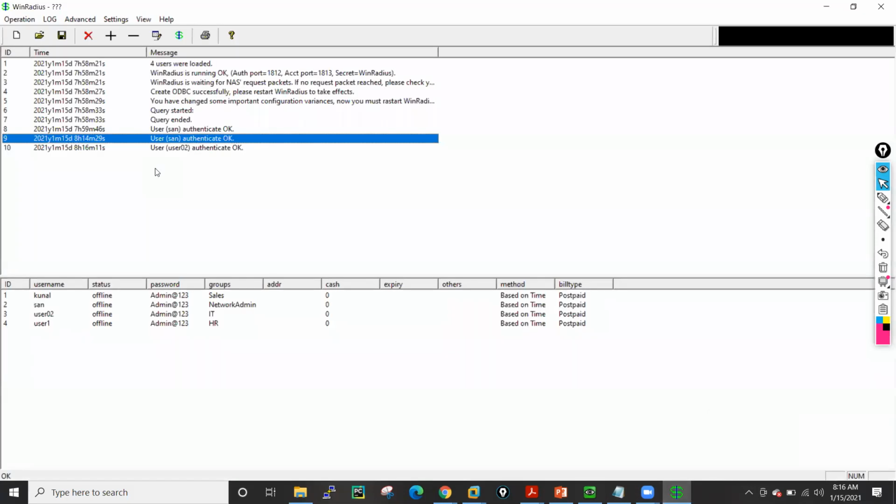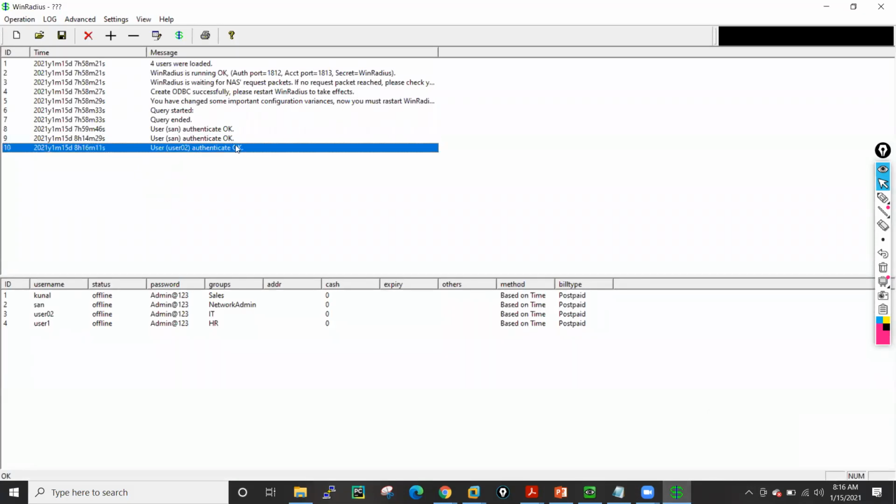You will see these messages as well. See, user 2 is also authenticated, which means authentication is working for user 2 as well.